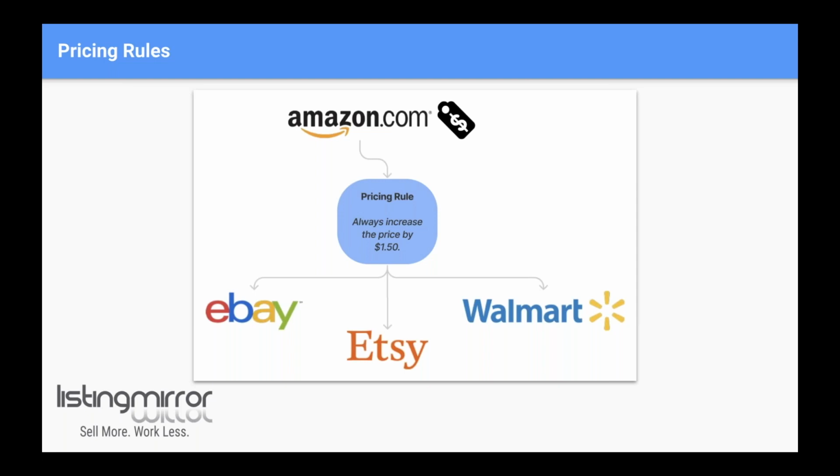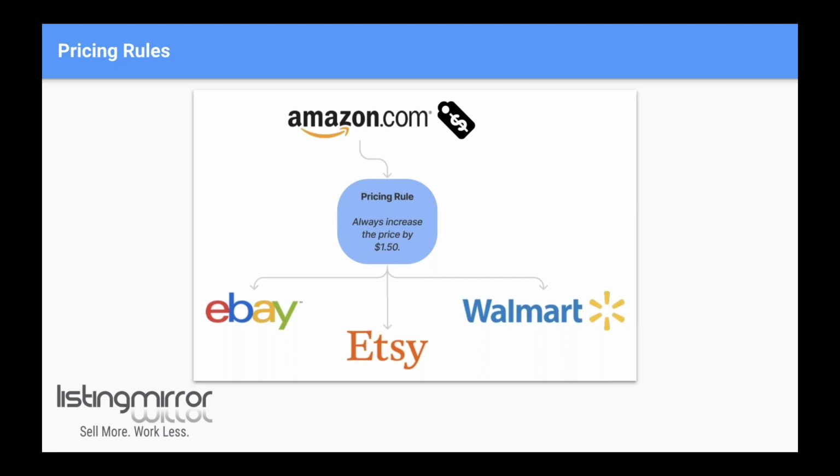So when you have a price rule involved, what it will do is we will pull in the price from Amazon, and we will apply that price rule. So in this example, it's increasing the price by $1.50. Other examples were by $5 or 5%. So it's going to add that price rule, whatever you have set, and then it will sync out to those